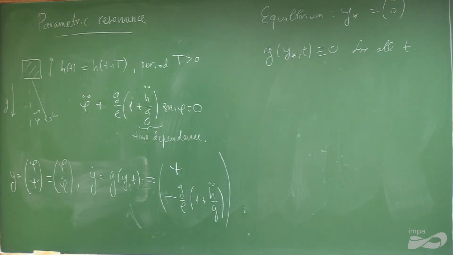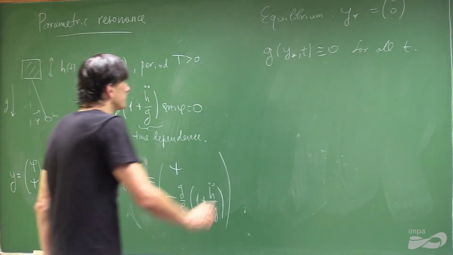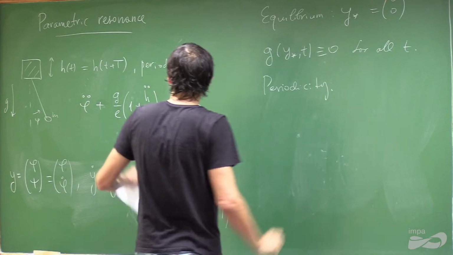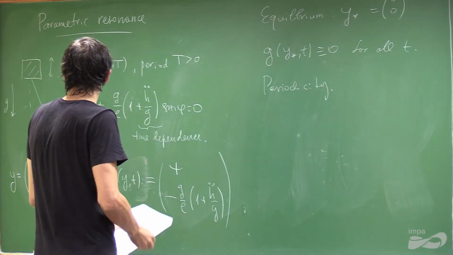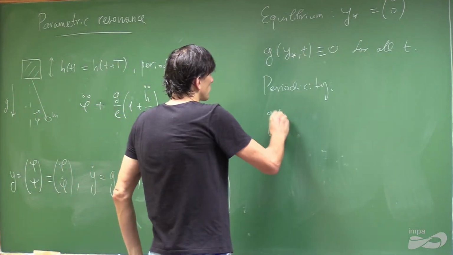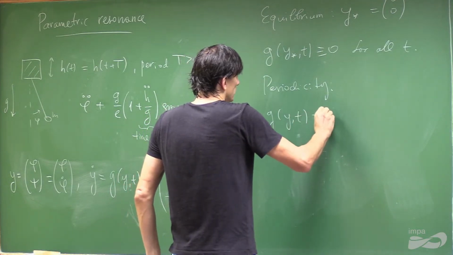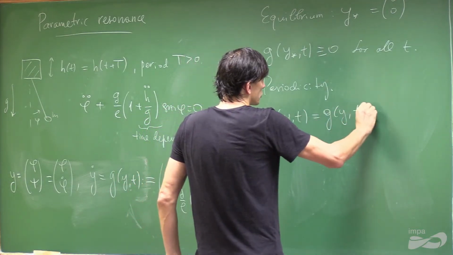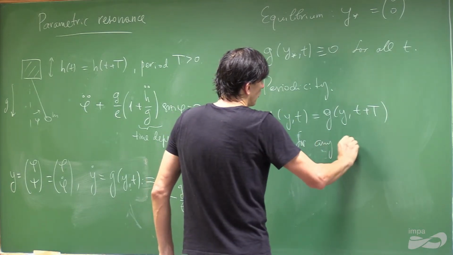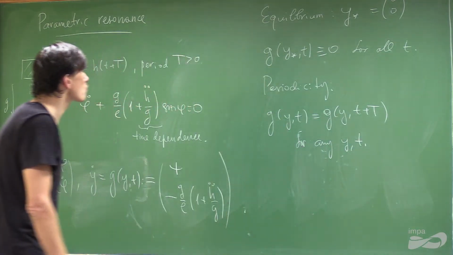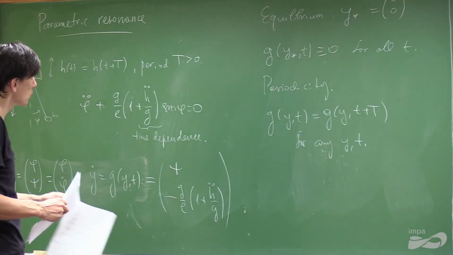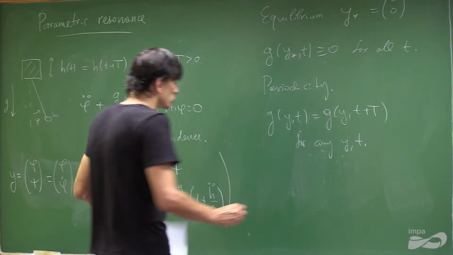And then the second condition is periodicity. This is what we had physically as a periodic position of the support, but now mathematically it means that the right-hand side of the equation is periodic in time. So it doesn't change if time changes by a period, for any y and t. So these two conditions, and that's it. Under these conditions, we will study